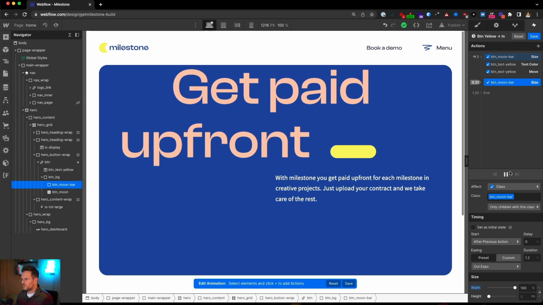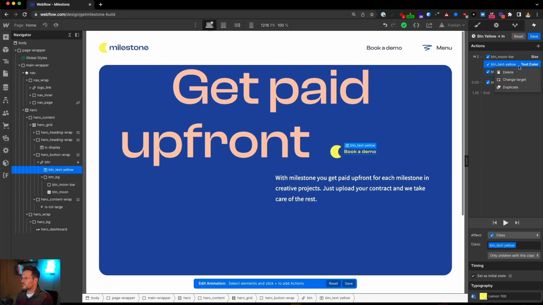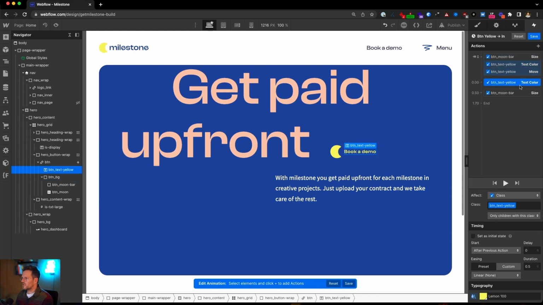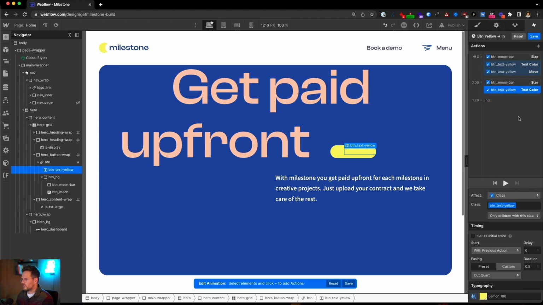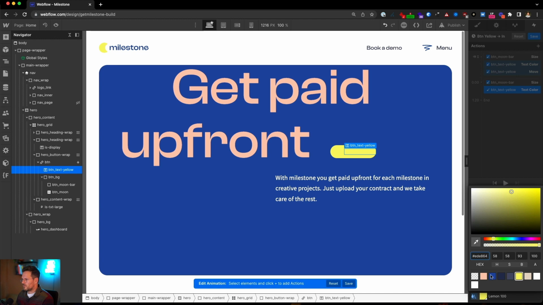Yeah, that one looks cool. So at the same time, we need to change the text color. We want to start at the same time, so we just drag and drop it on the moon bar. Text color, let's try out quart actually, and let's turn the text color to blue.